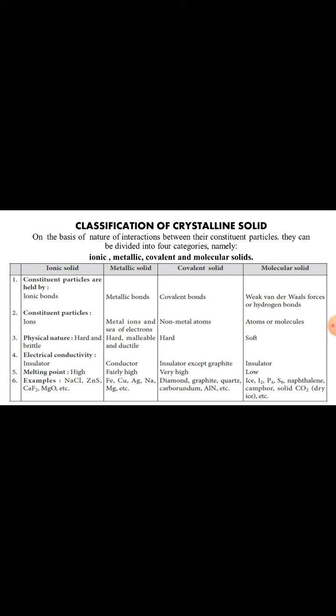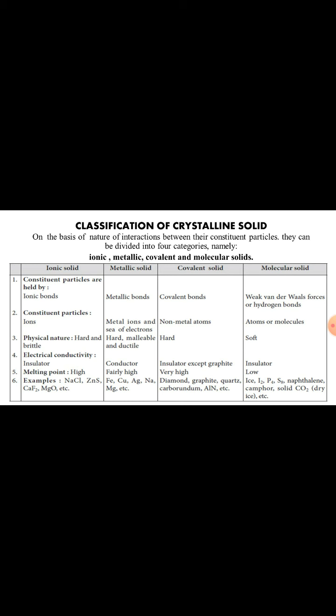As you know, ionic bonding is very strong, that's why they are very hard and brittle. Ionic solids in solid state are insulators because their ions are not free to move,